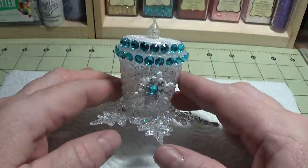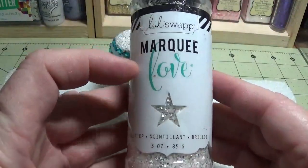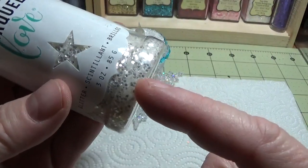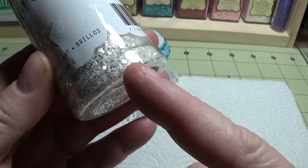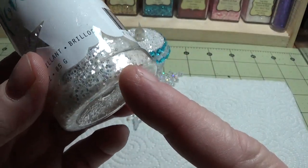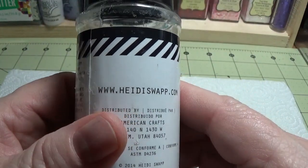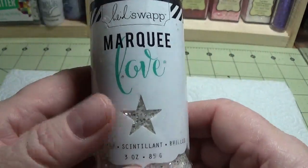Now the glitter that I used on this was this glitter called Marquee Love, and I never did find a name for this, but it looks like chunky glitter, not too chunky, but kind of a medium chunky glitter with iridescent and silver pieces to it, and the pieces look circular. So now I did see on the back there is a website. I don't know what this entails, but I'm going to check it out. It's www.heidiswap.com,